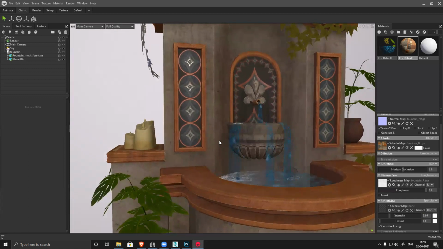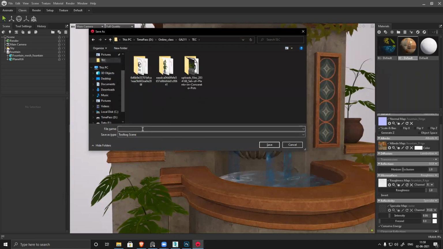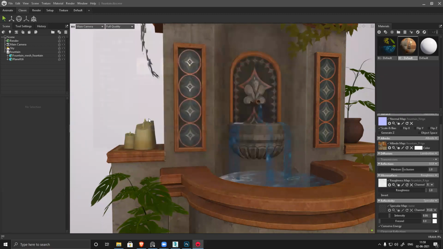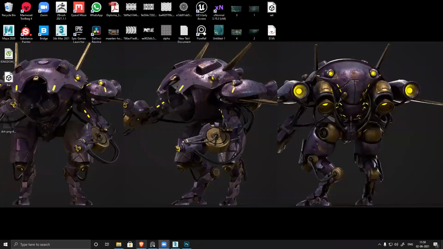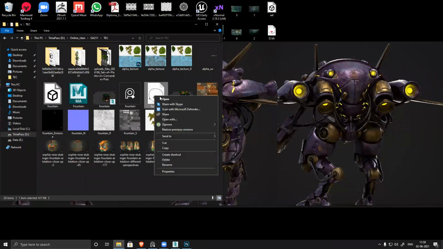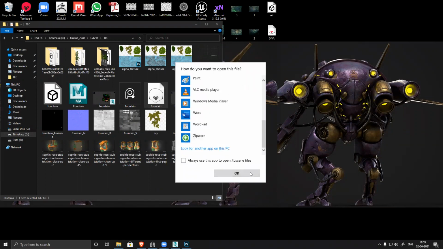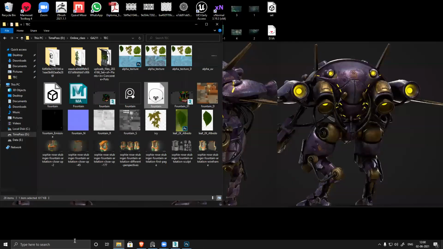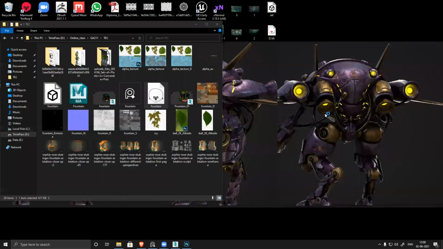Then based on this, I'll save this file. Save this file. Everything is applied. So for this also I can control. Let's do it later. Save, and then go to this thing. Right click, open with, we have Marmoset Toolbag. There is something called Marmoset Viewer also. Where is my viewer? I opened Marmoset only. Marmoset Viewer, right? Whenever you install Marmoset, you have this viewer also.